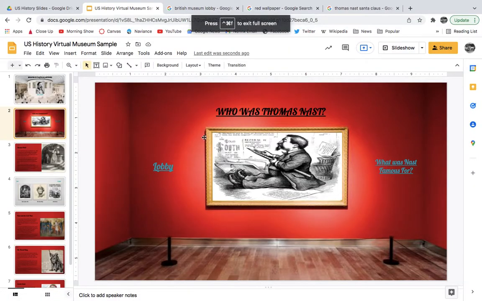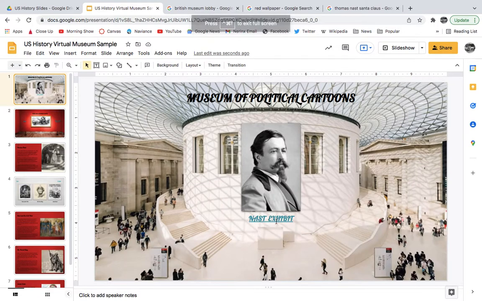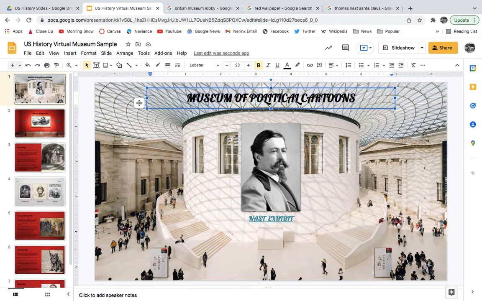Now, how do I do that? First thing you do is you go and create a text box. You put the text down here, you make it look however you want, and then you highlight it. So I'm going to do it up here with Museum of Political Cartoons. You go up to what you want to be the link. You highlight it like this so that it's all highlighted, and then this is the link button. This little thing almost looks like a paperclip or a link chain. You click insert link,